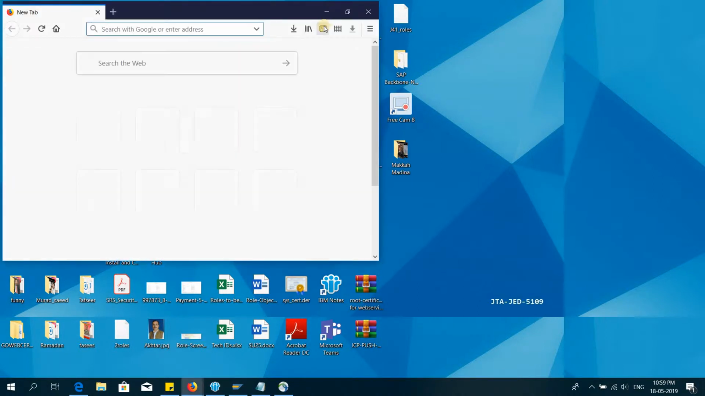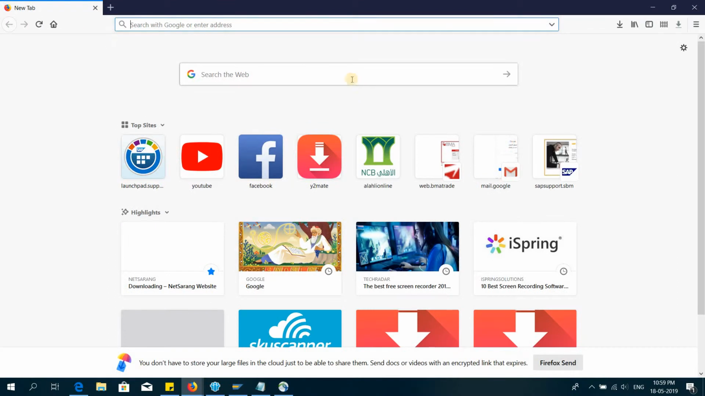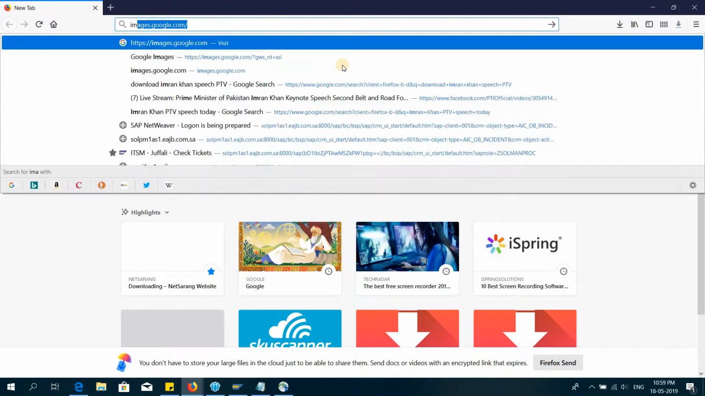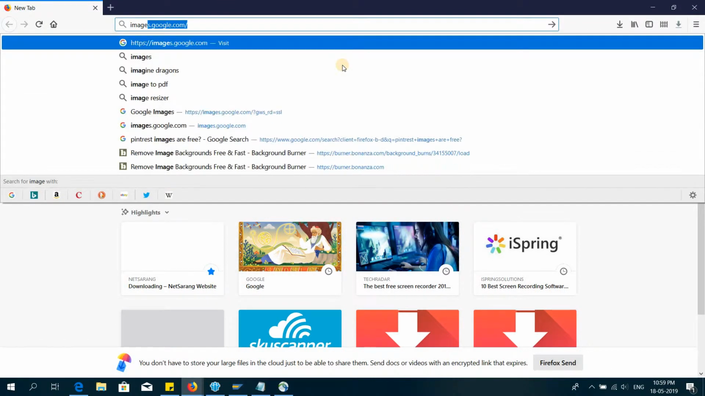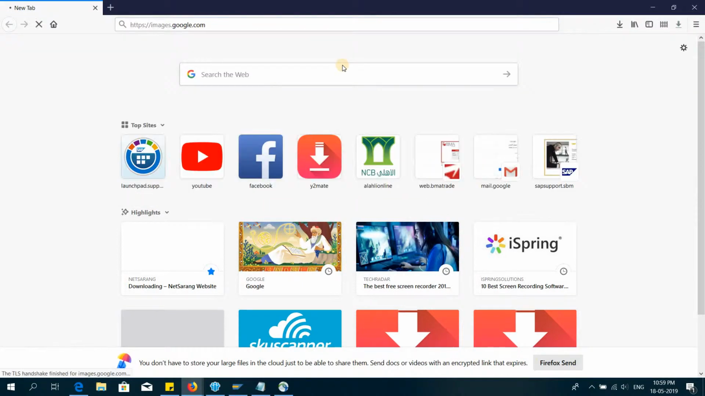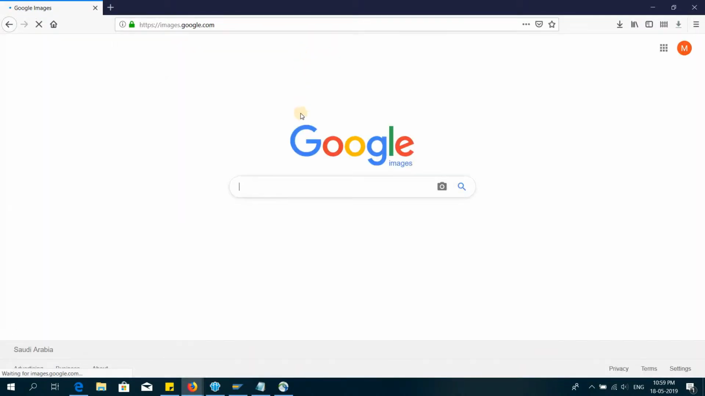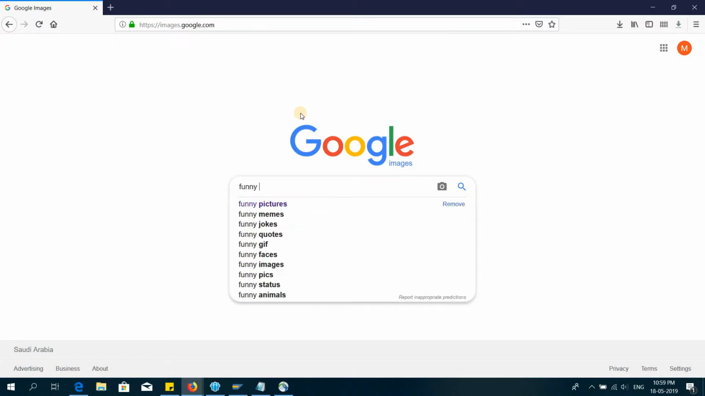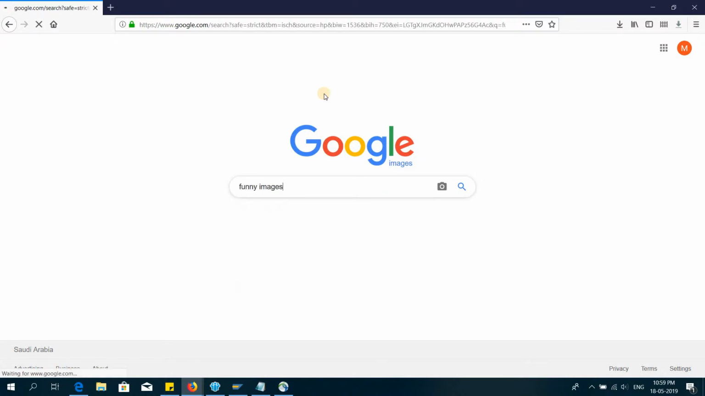Open web browser and here we will type images.google.com. So here let's search something like funny images,